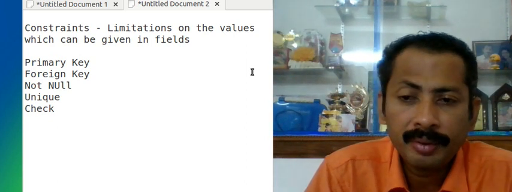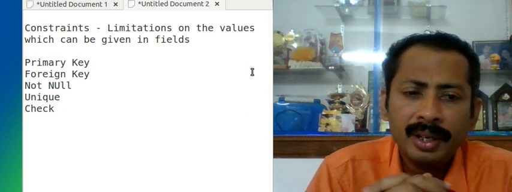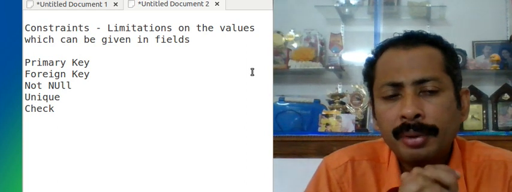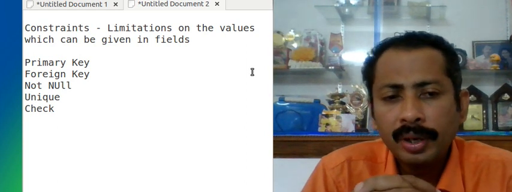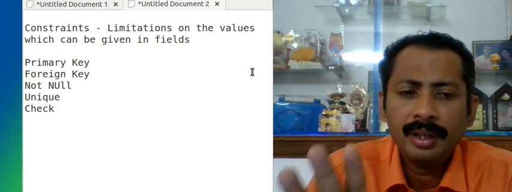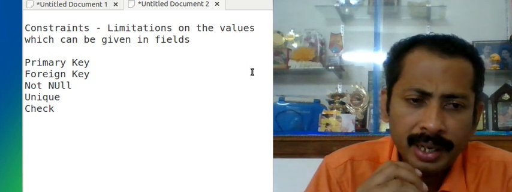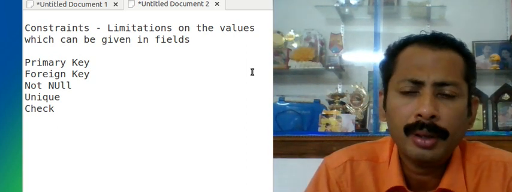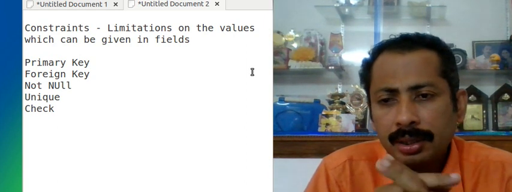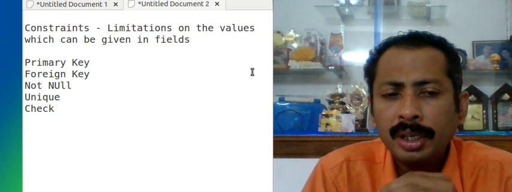There can be multiple fields with a unique constraint, but the programmer can select one field as the primary key, and he will be using this primary key in queries for uniquely identifying the records. If in this example I am selecting class number as the primary key, then I will be using this class number for updating and like that. We will be referring to that record uniquely using that class number.